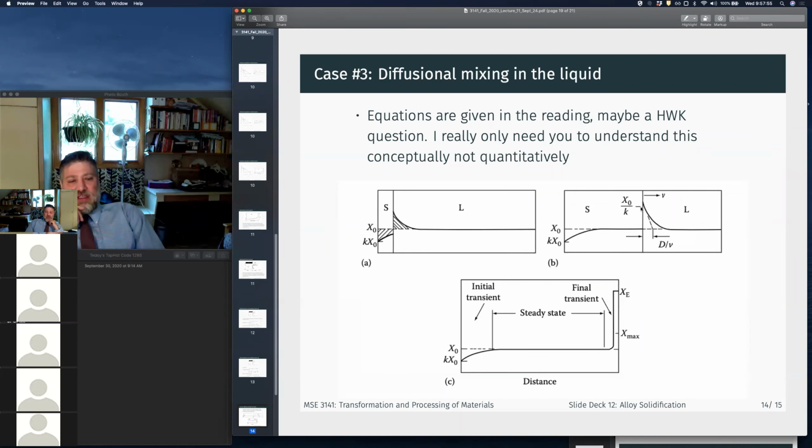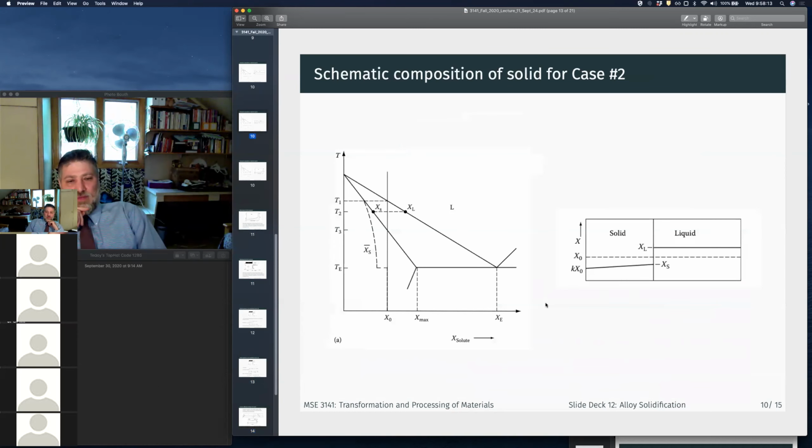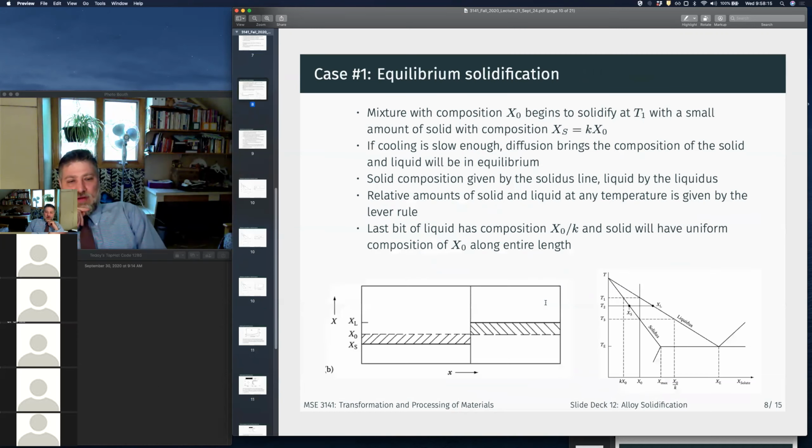And eventually that's going to reach our liquidus line, or go back to our phase diagram. Right, is our X0, right? If this is our alloy composition,